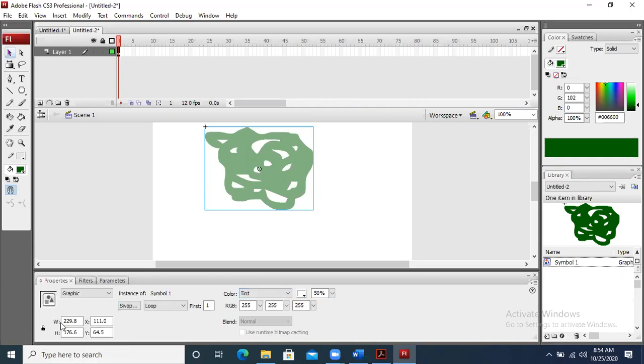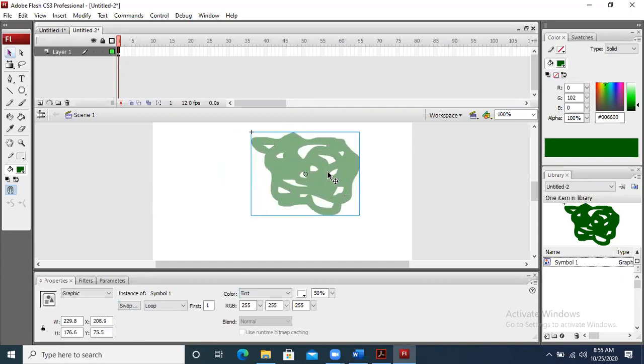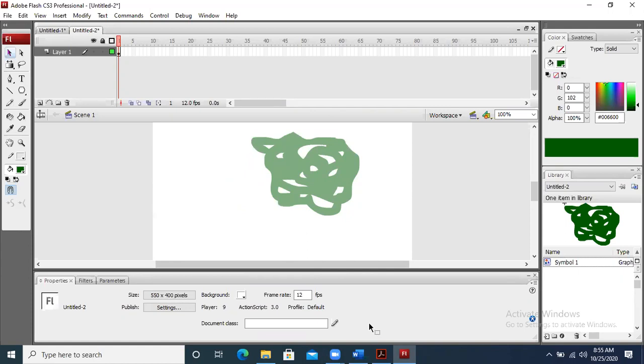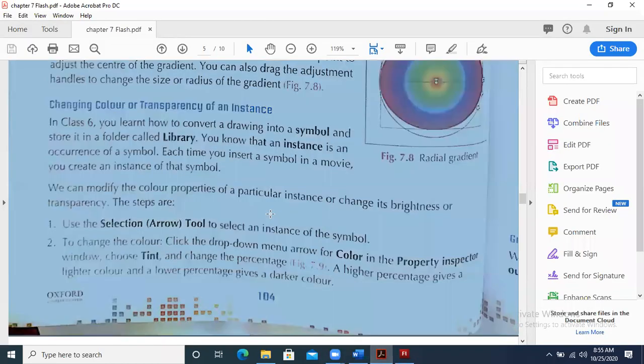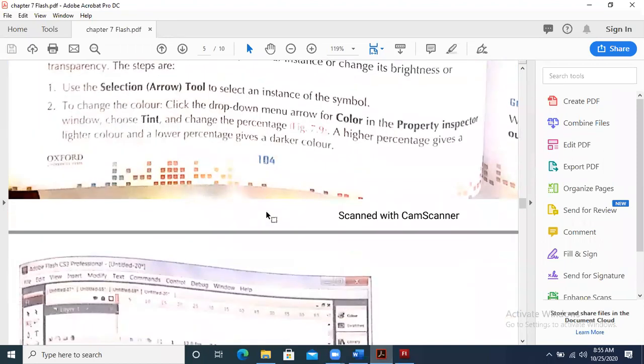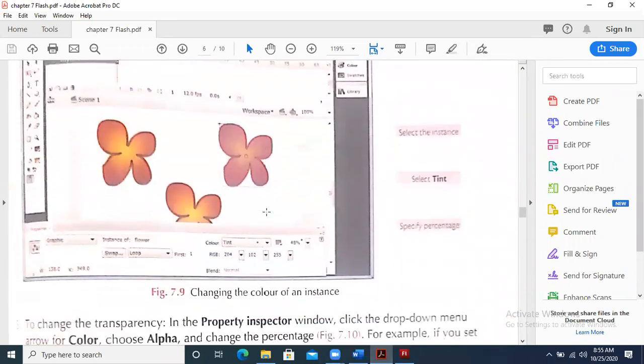All the other properties that we have discussed, width and height is there, its position is there, where we have placed it according to the x-axis and y-axis. RGB colors are there, that we are using 255 color scheme right now. So this is how we are going to deal with an object. We can do this with any of the objects. We can draw any object and we can do this. Let's suppose if I draw a flower or something, then we can apply this. So I have explained to you this property panel, the property window.